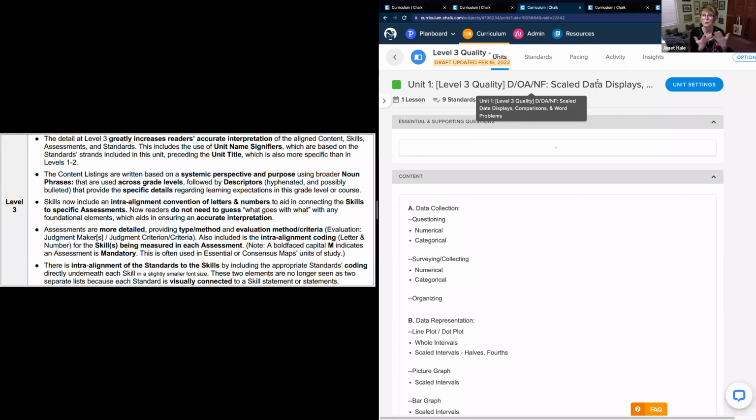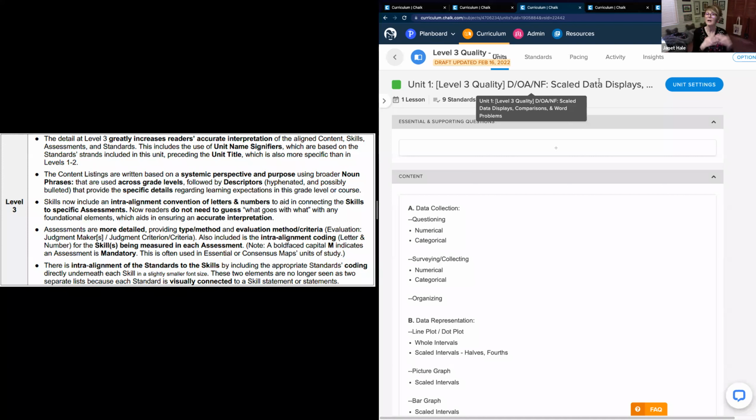I use the word strands, but I think domains is the same idea. So what this is saying, again, all they're seeing is the units lined up on a shelf, if you will. Oh, this unit is focusing on standards from the data and measurement domain or strand, from operations and algebraic thinking and number fractions. So already someone's going, oh, okay. So again, we're already having an idea of what's going to be happening right from the get-go.